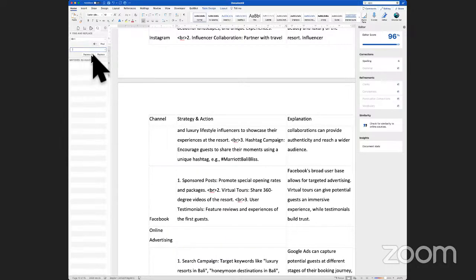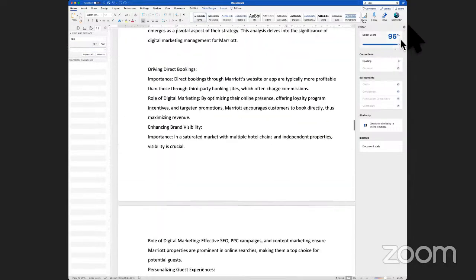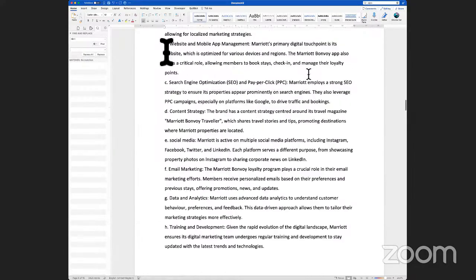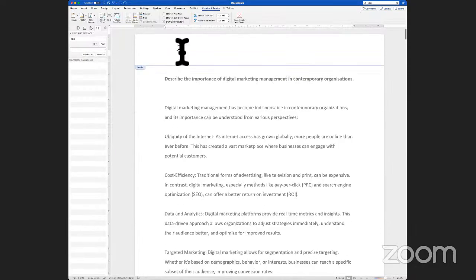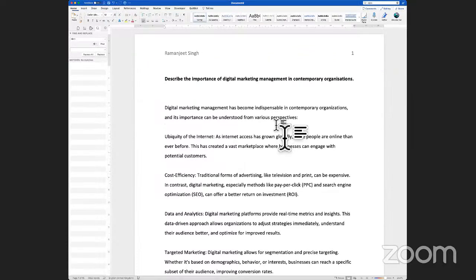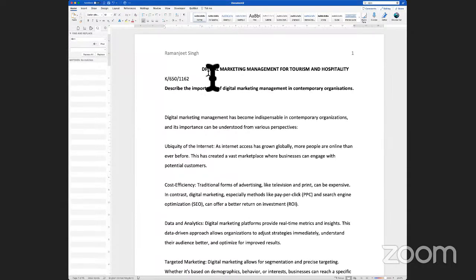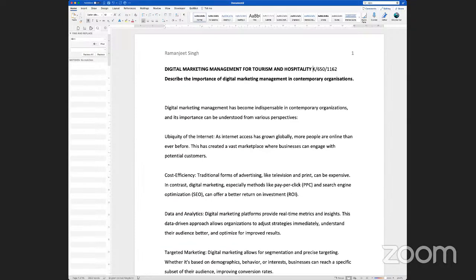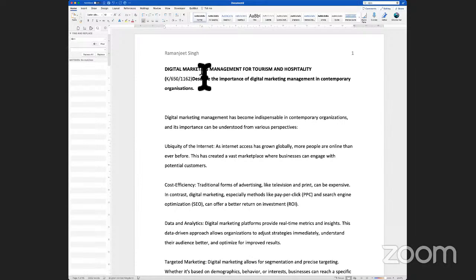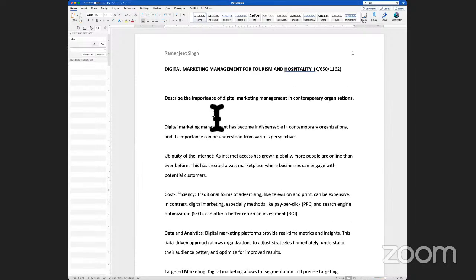So let's go ahead and look at this bit now. One of the things I'd ask you to do is, in the footer or the header of your assignment, key in your name, which identifies that the document is yours. Insert the page numbers, which could be done in the footer or header section. That drives the ownership of the document, that this is your document. The other thing I'm going to do is put the name of the unit along with the code, so it is clear which unit I'm submitting the assignment for.